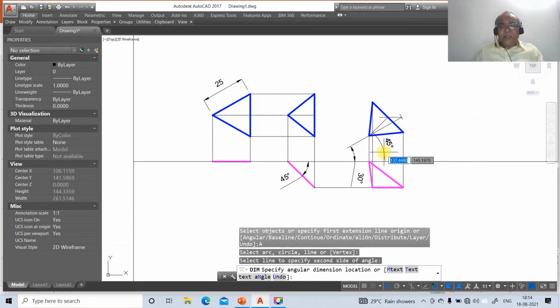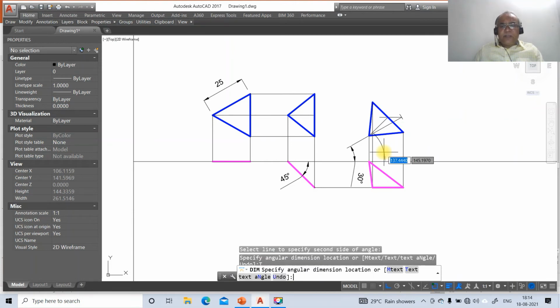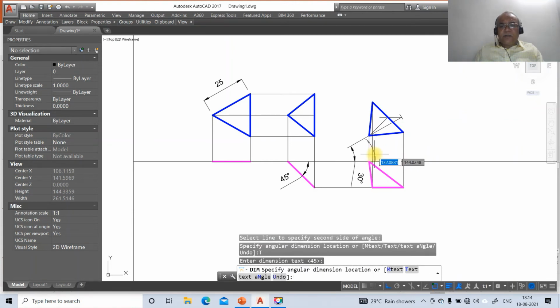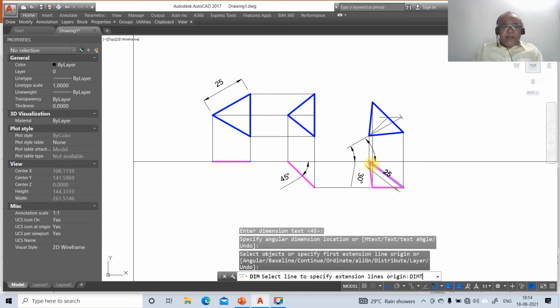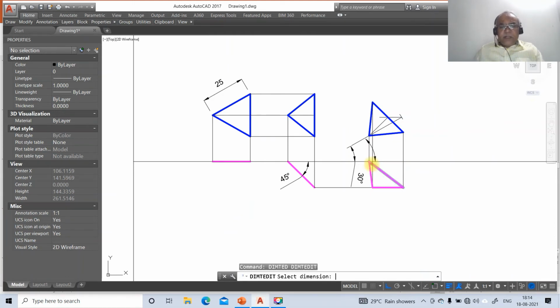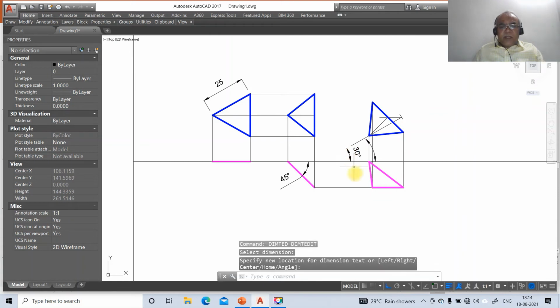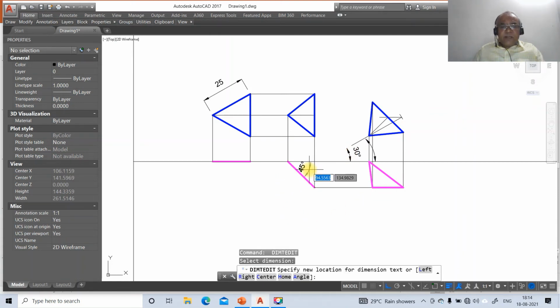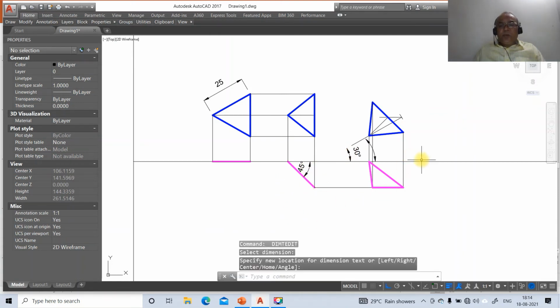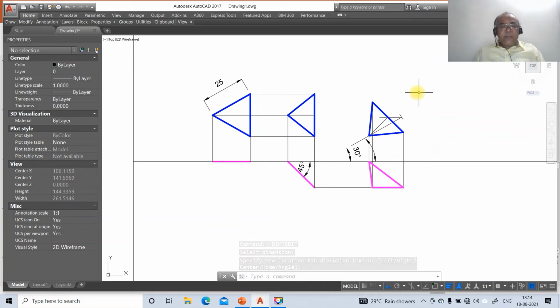So you're going to get it as extra, give space, enter. So you're going to get this. So go to dim TED, extended dimension, select this and keep it 30 degree here. And then you take 45 degree and keep it here. Now we go for angular dimension. So we need to go for dtext. So go to break this line till here and you break this line till here. And then go to erase this.